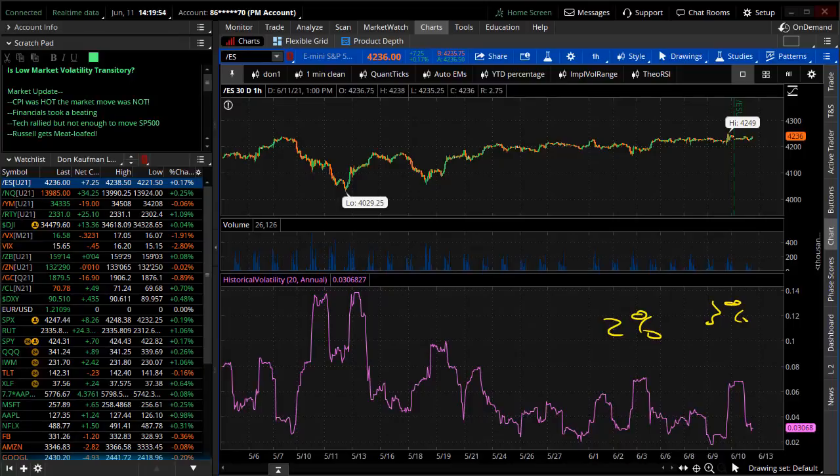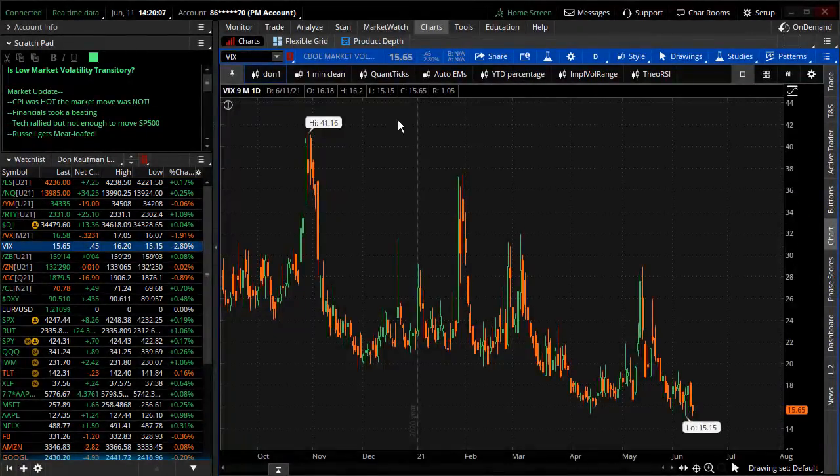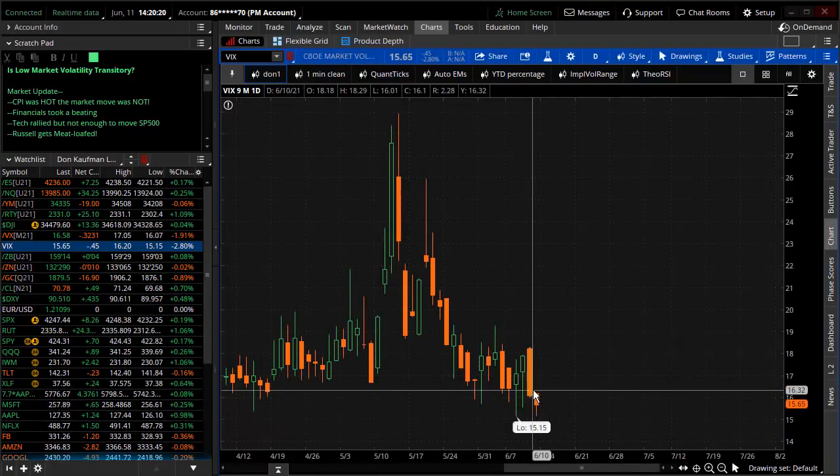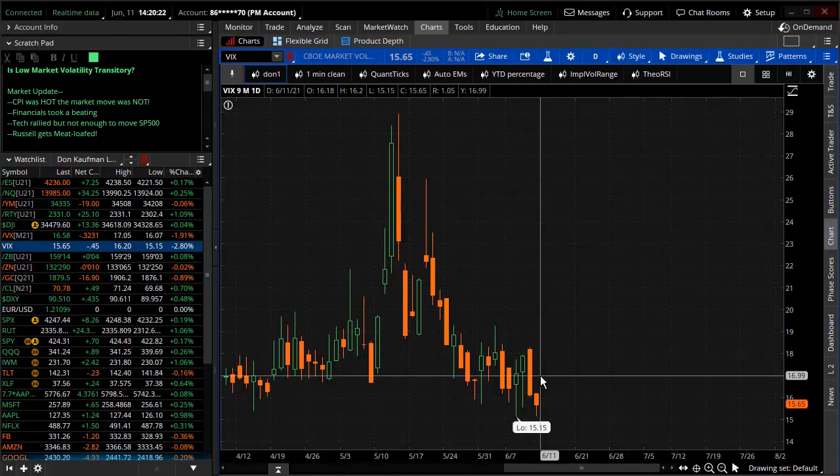So why does that matter? One of the first things you have to understand about this incredibly, incredibly low historical volatility is in respect to the VIX. Take a quick glance at the VIX. The VIX is indicative of the SPX 30-day volatility, and that's sitting at roughly 15, or let's call it 16%. Throughout the course of this week, it's been closer to about 16, even up into the 17 mark.